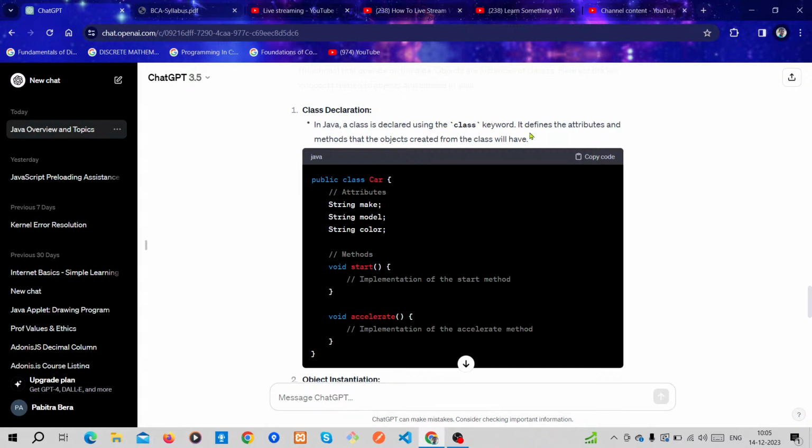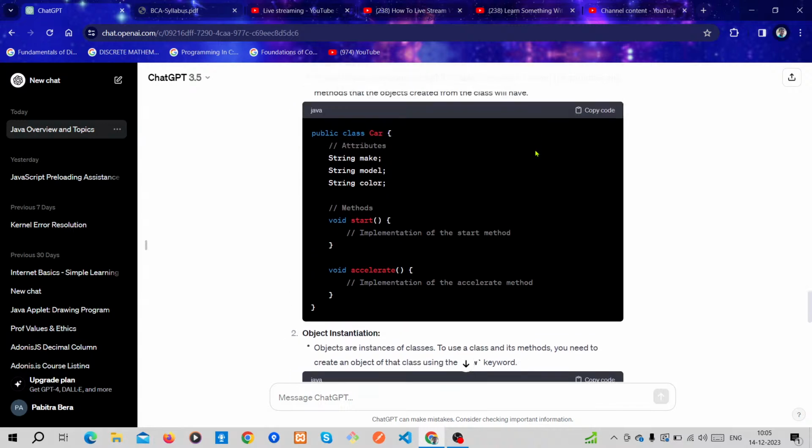Then it defines the attributes and methods that the objects created from the class will have.